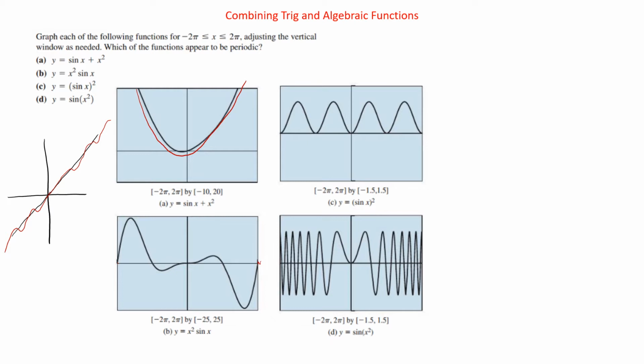C, we have the sine of x squared. So that's just going to be the sine of x function, but we're going to square it. So notice everything's positive all of a sudden. And it's just going up and down. That looks kind of like a sine function,